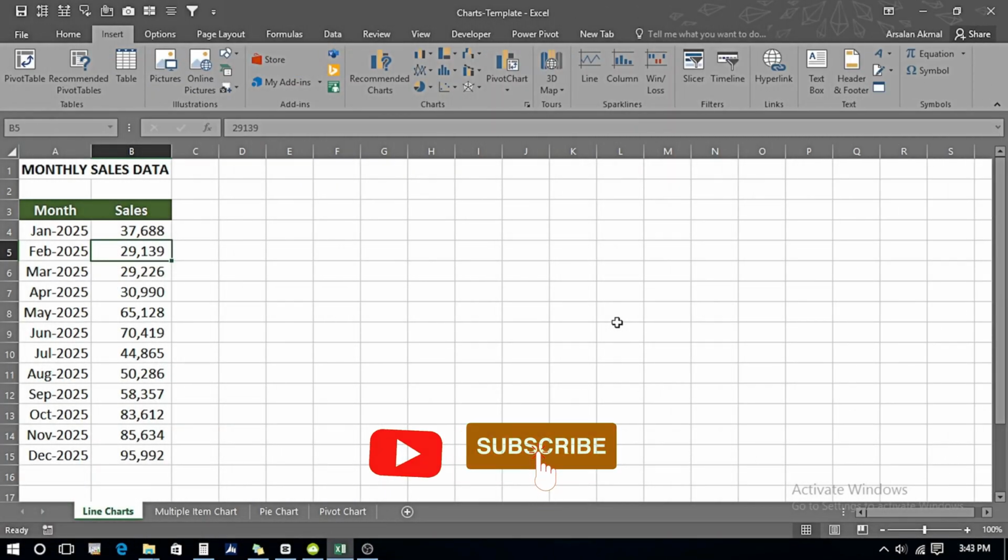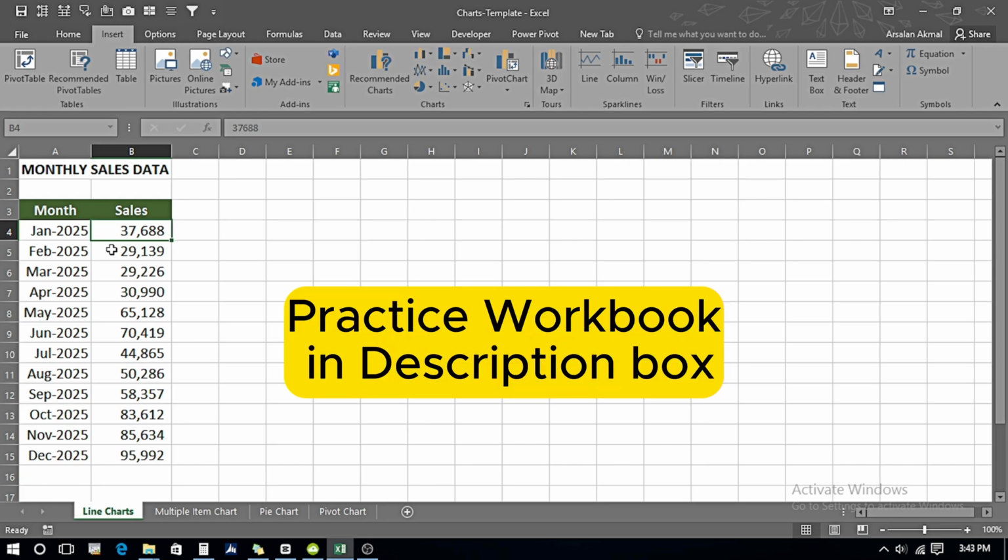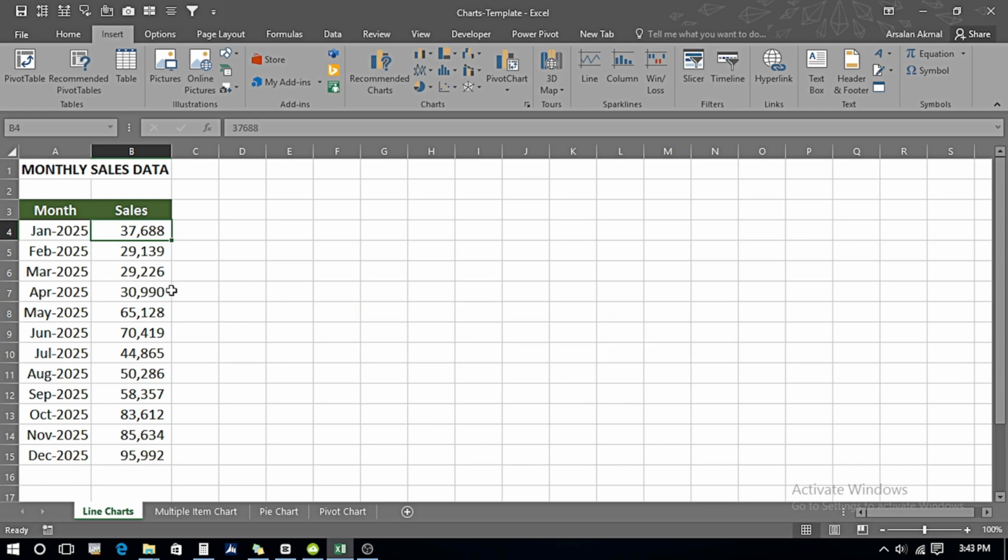We have a simple data set containing months and the sales figures. For that, we want to make a visualization that makes it easier for every one of us to understand what the data is showing and which months are performing better than the other months. It sometimes becomes difficult to see what a data set has to offer, but once you visualize it, it becomes much easier.